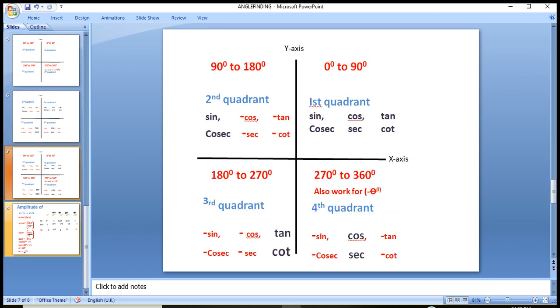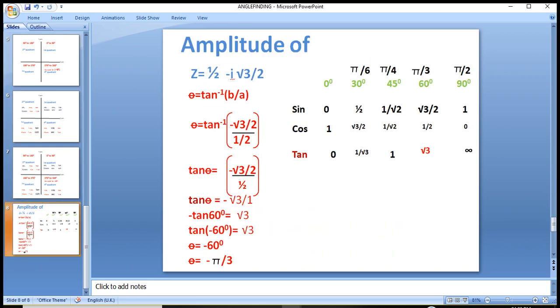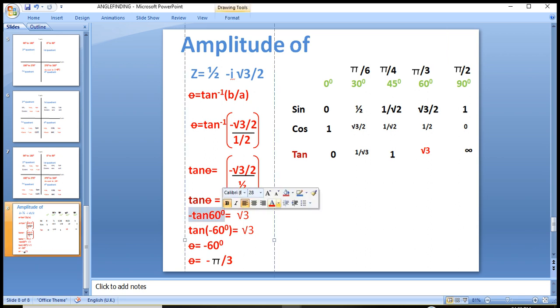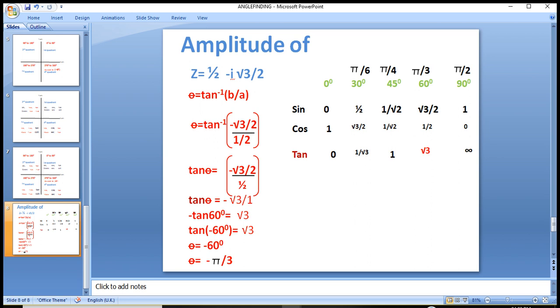The angle is 60 degrees in front of tan, because we have tan and we will check in front of tan. In the tan line, we will see under root 3, and its angle is 60 degrees. We have written 60 degrees. And we have seen minus. The minus sign was on the right side, and we have taken it to the left side. Minus tan 60 degrees. This is minus tan 60 degrees.